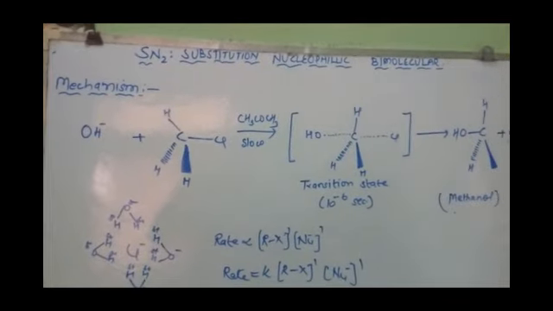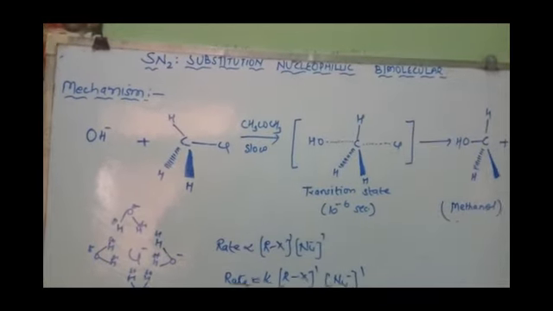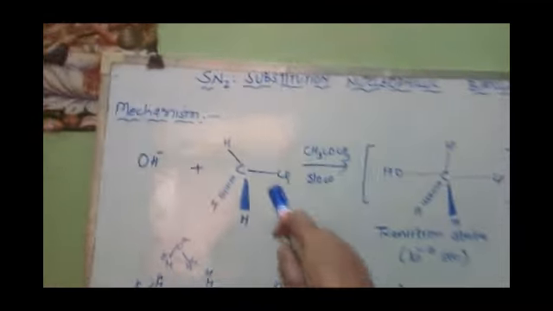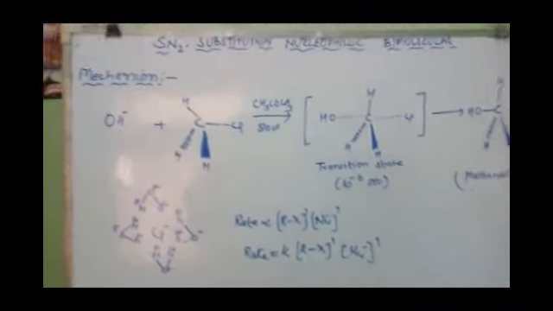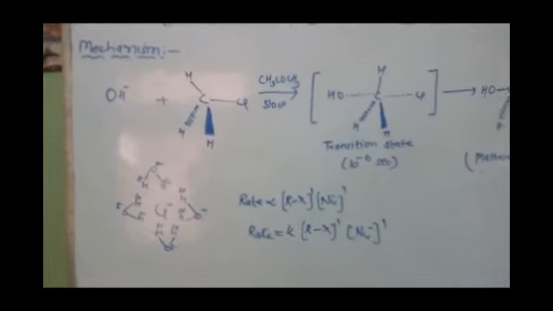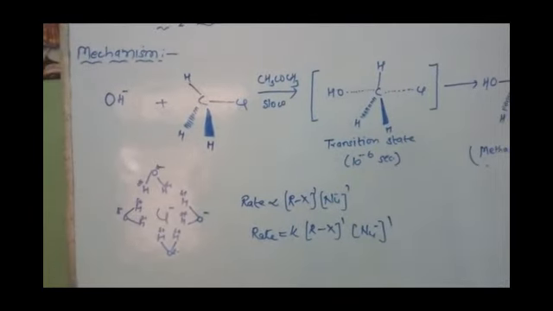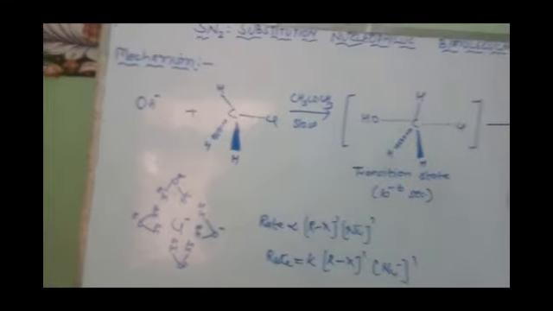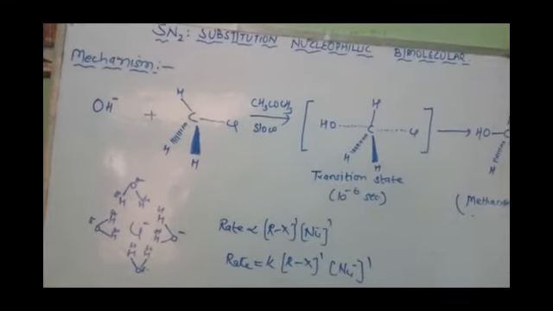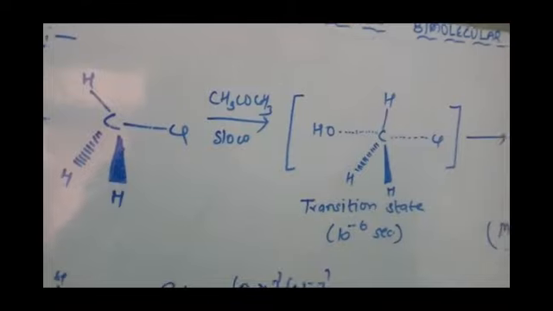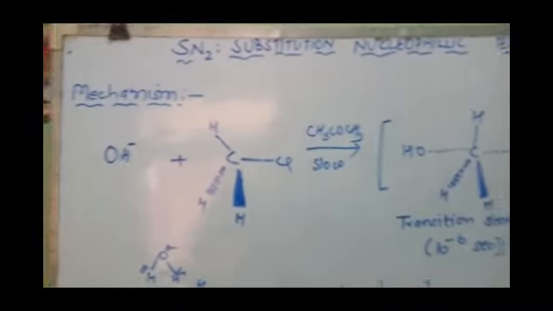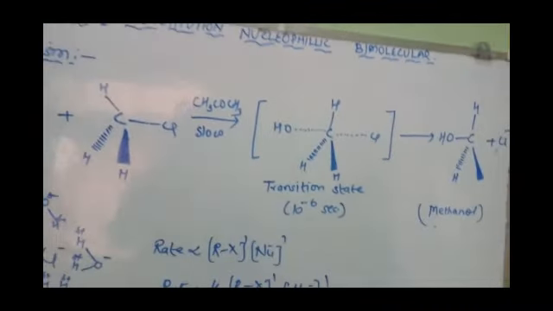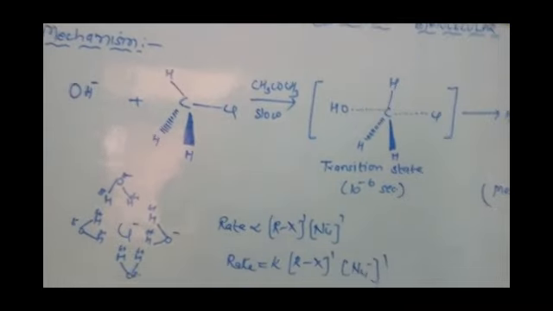Now see here how many molecules are participating in this rate determining step. In this rate determining step, 2 molecules: one is this alkyl halide and the other one is this nucleophile. So 2 molecules are participating, hence it's a bimolecular reaction, right? Now here the incoming nucleophile interacts with the alkyl halide, causing this C-X bond to break, right? This C-X bond is broken and this C-OH bond is formed, right? These 2 processes are occurring simultaneously, so in a single step. So no intermediate is formed here.